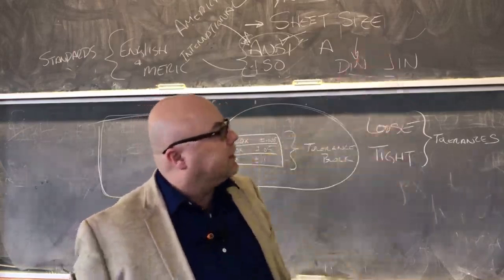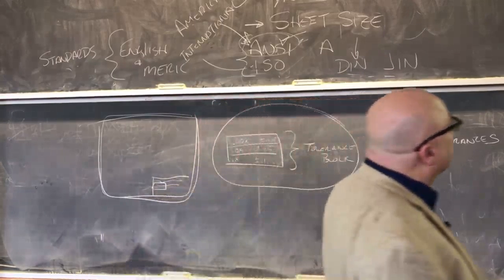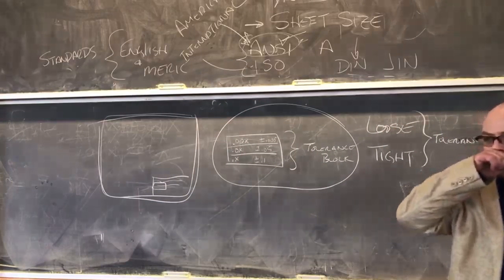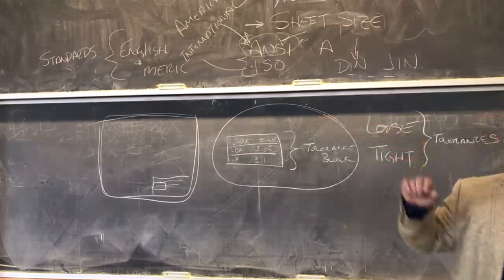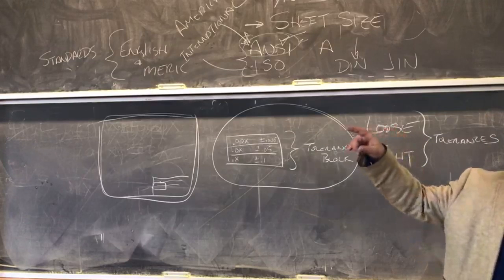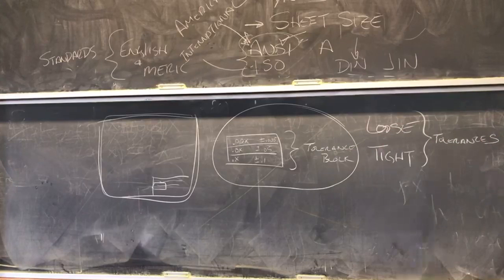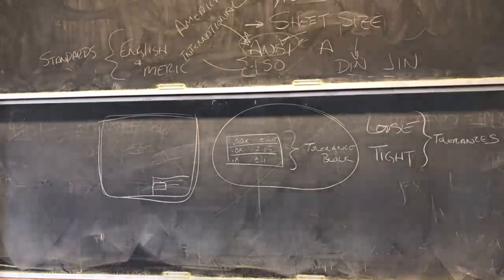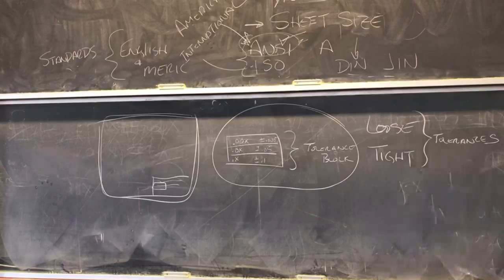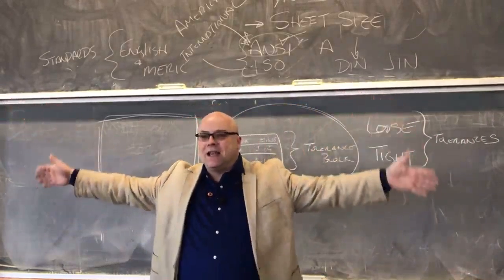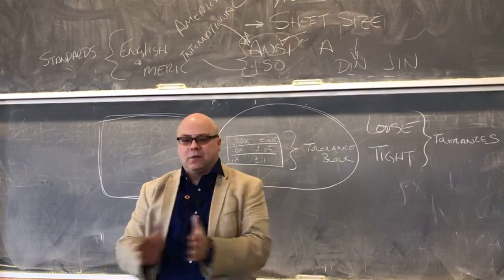we get different dictionary definitions of tolerance. I believe this is copied out of the Machinery's Handbook, and I believe that in the Machinery's Handbook they copied the ANSI definition. You'll see that sometimes. So it is the allowable deviation from a standard, or the range and variation that is permitted in machining a dimension, a specific dimension. Okay, so that's our tolerance, and this is the standard definition of the tolerance. That's what it means.